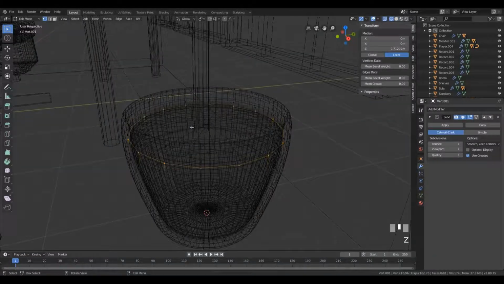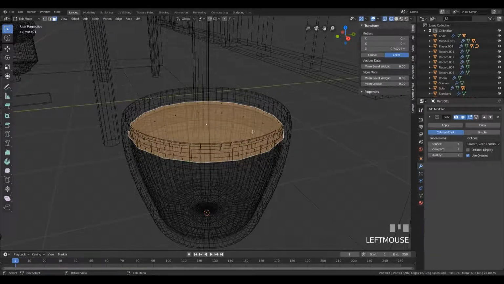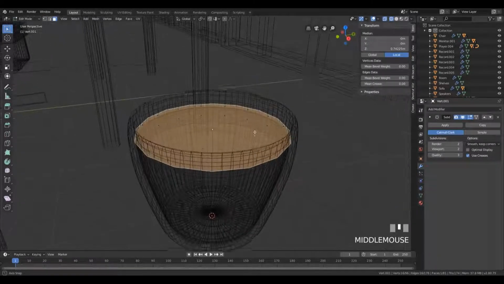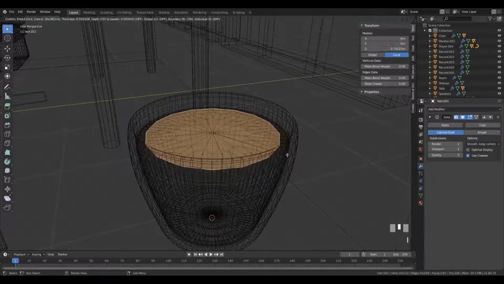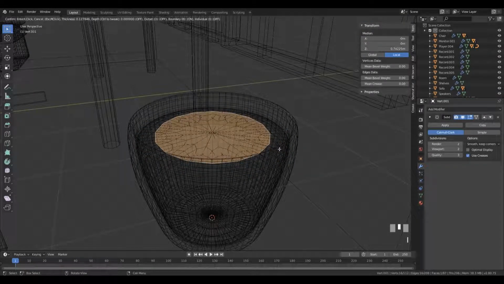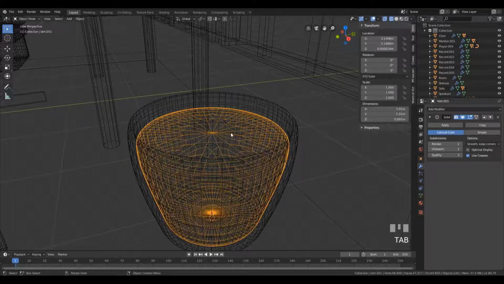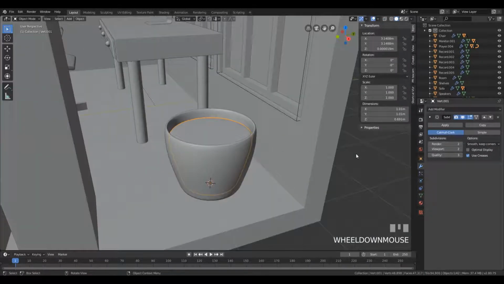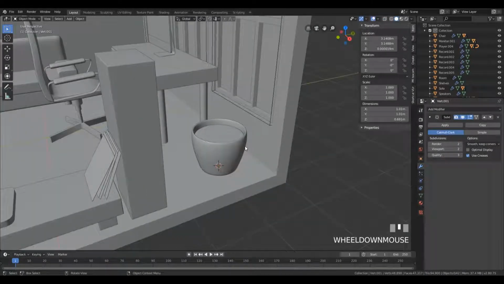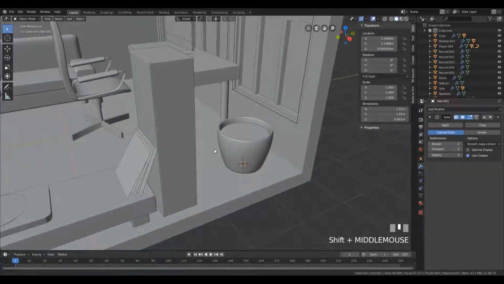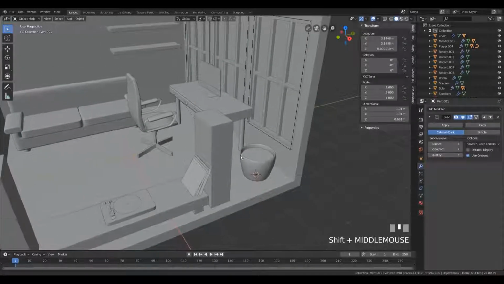So the safe thing to do would be to select the top face and inset this a little bit, so you have a more even distribution of the geometry there. And yeah, so that's basically some dirt. And right now the one last thing to do is to add some plant, and